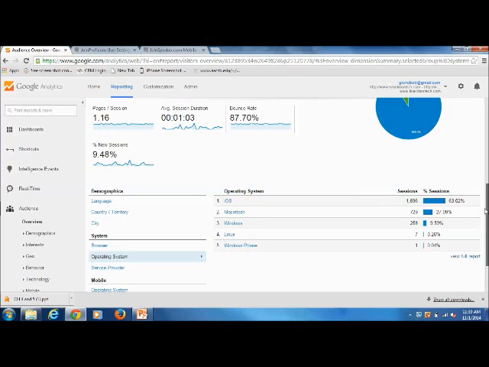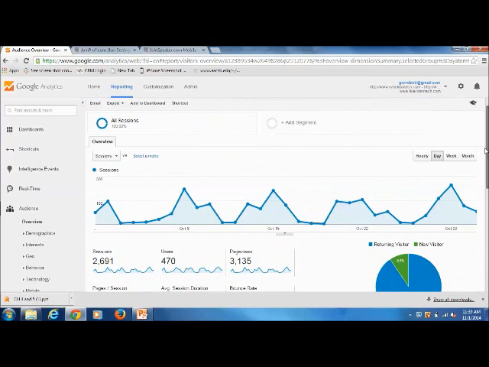So if you're using your website to sell your product, for example, you need this type of data to configure your content and know who your customers are.